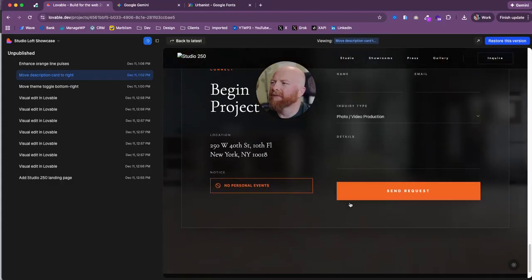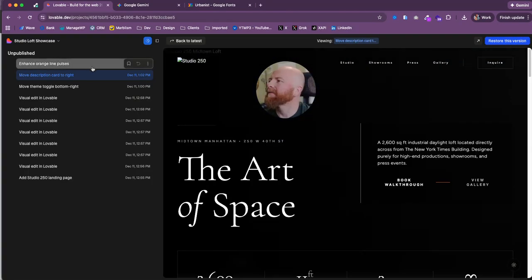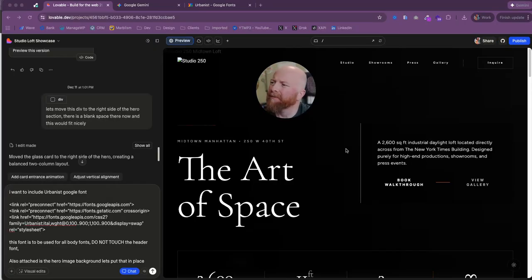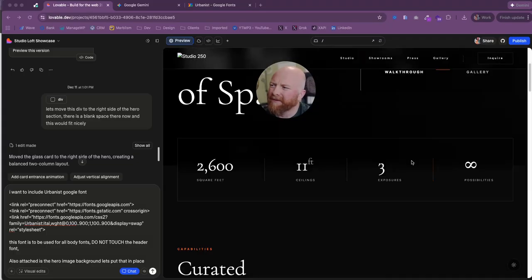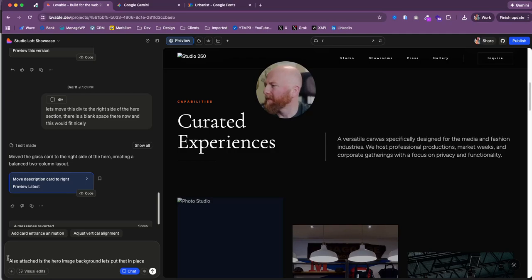This looks great. I think we're going to change the body text to Urbanist, and we'll see what that does. All right, so I'm going to put the Urbanist Google font in here. Actually, I don't want to. This font looks great. So we're not going to do that. We are going to